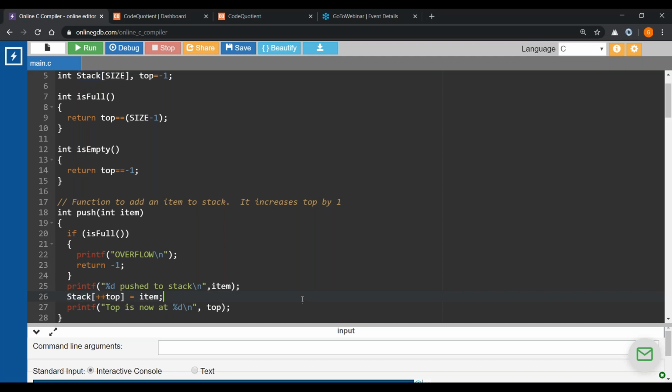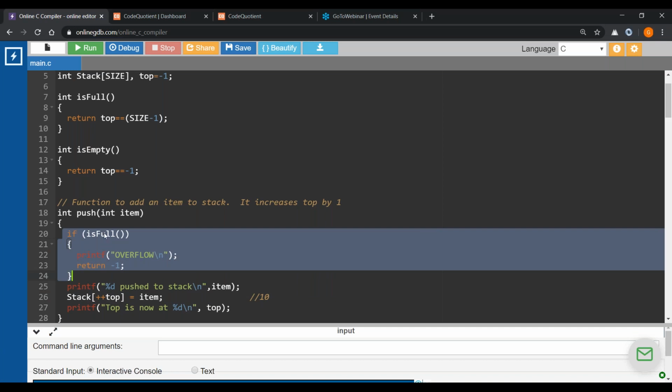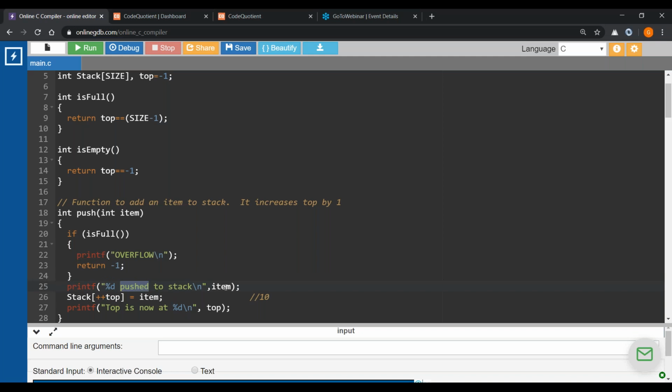That means at the 0th position, I have added 10. How do we know it is the 0th position? Because top was initially -1. This was bypassed because isFull returned 0. So we came over here and displayed 10 is pushed on the stack, only for our understanding.